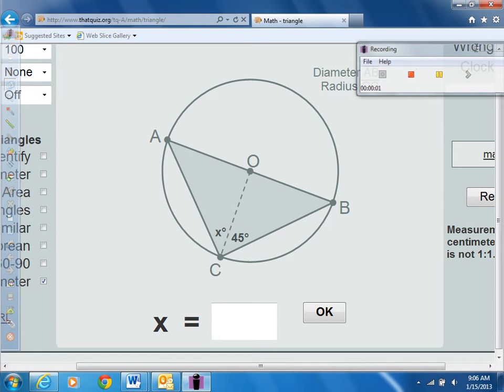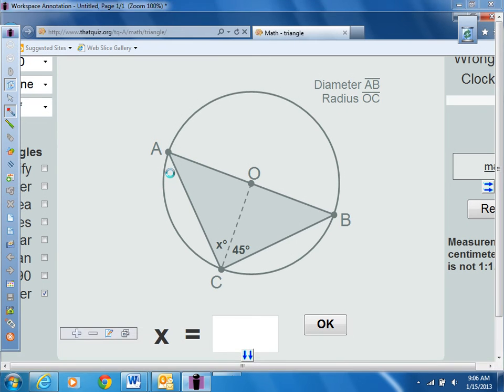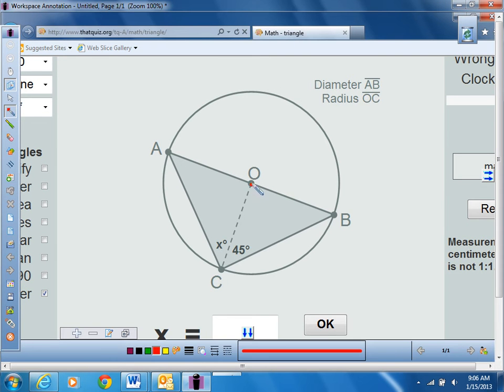All right. So if I'm looking at this, what's the first thing you notice? The angle is cut in half. The angle is cut in half? Okay, well, the first thing you got to do is you got to look, you got to label your center,